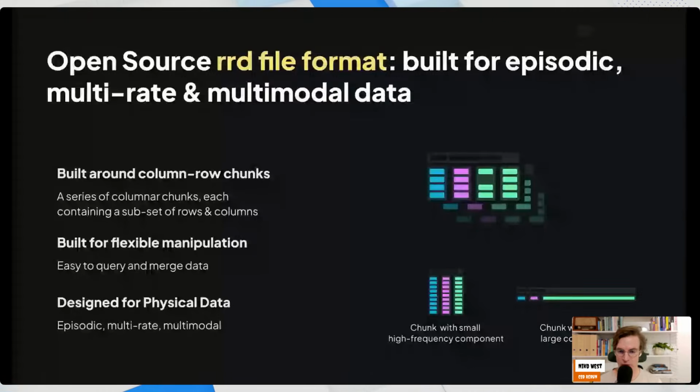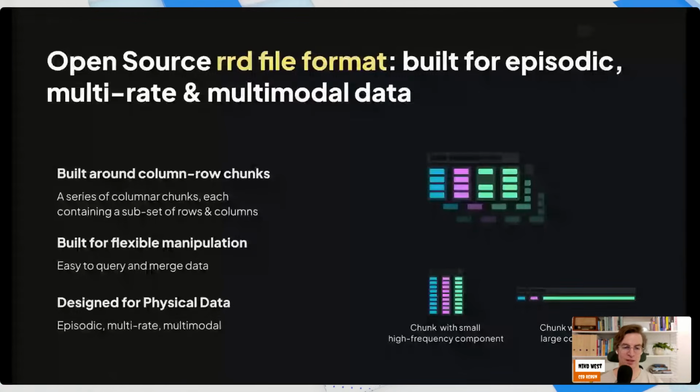It could be the joint angle of the left arm, gripper velocity, whatever you want to put in there. That data gets stored as a subsection of rows and a subsection of columns, stored in a columnar way, as a set of columns within that.